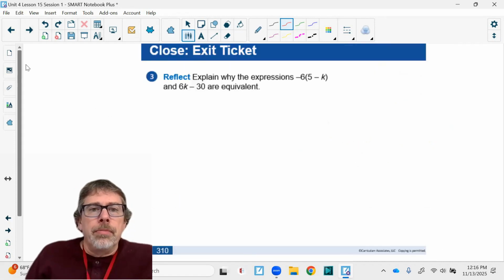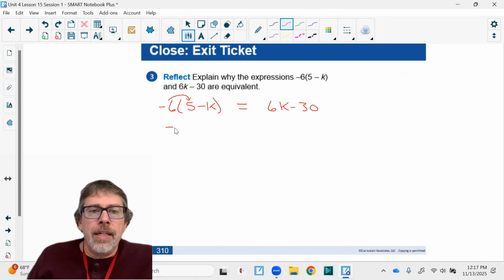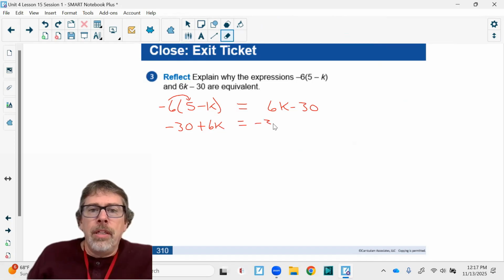Okay, next page. Closing exit ticket. Explain why the expression -6 times the quantity 5 minus k and 6k minus 30 are equivalent. Okay, so there's an equation. So I'm going to distribute, and it's the same process over and over. Negative times a positive, negative. 6 times 5, 30. Negative times a negative, positive. 6 times k, 6k. Equals